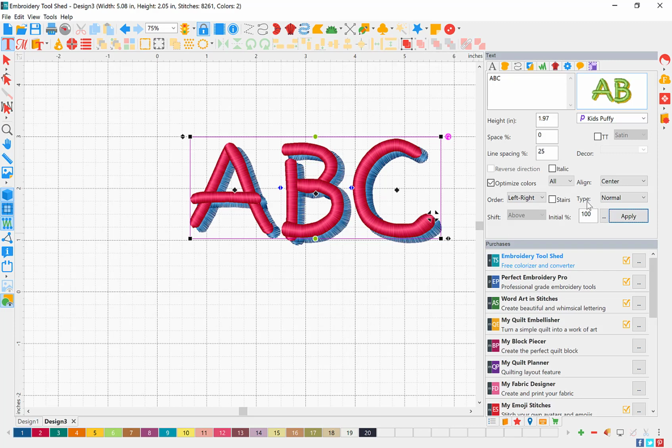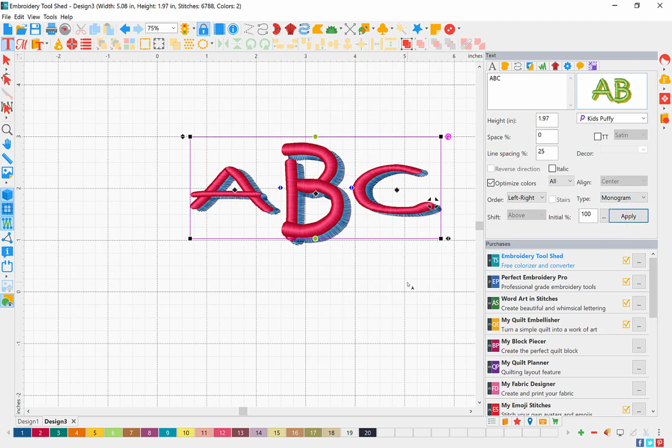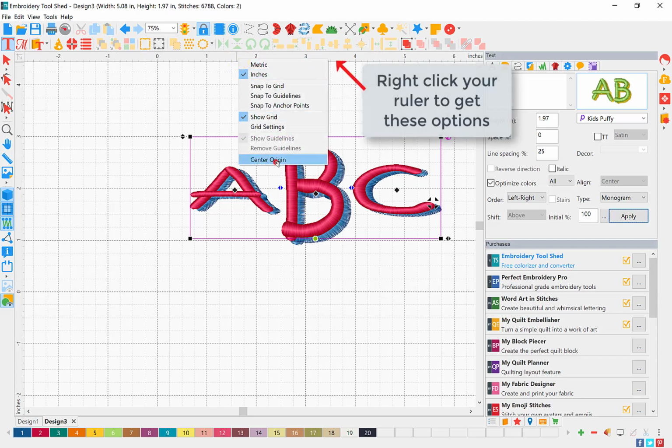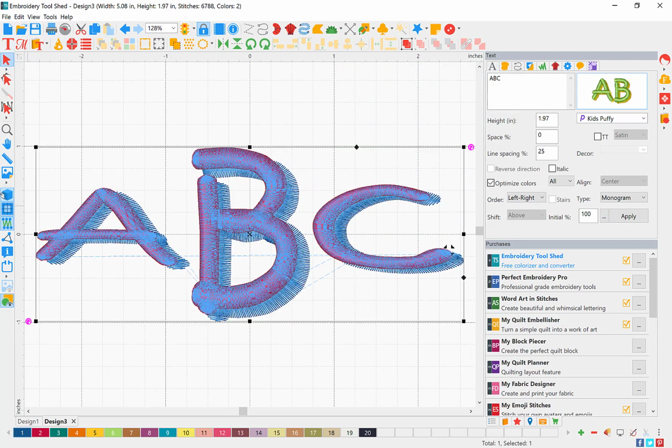So I would go over to my type here and drop down, click monogram, and then click apply, and it'll put it in our traditional big in the center, smaller in the outsides. So now that I have that, I'm actually just going to put this into the center,